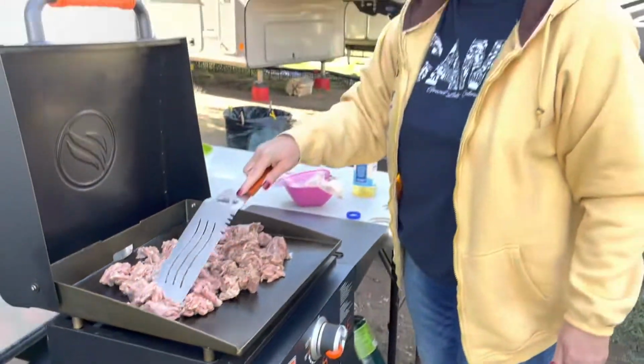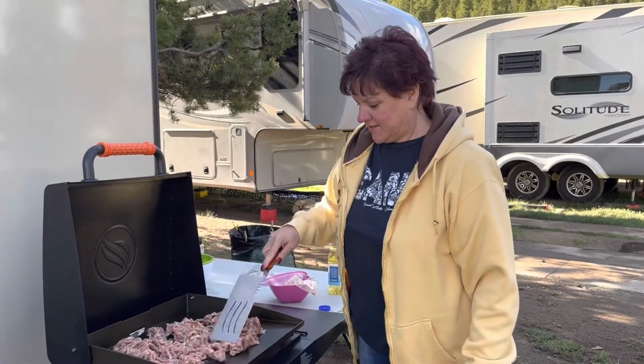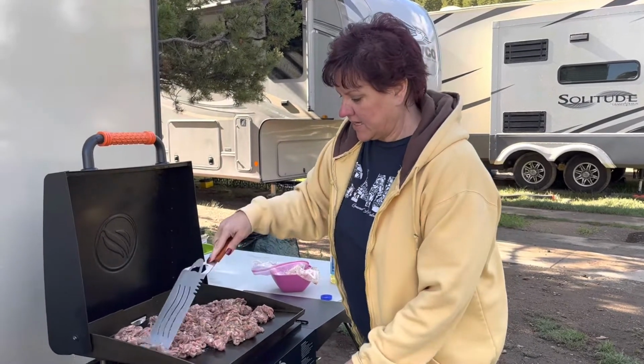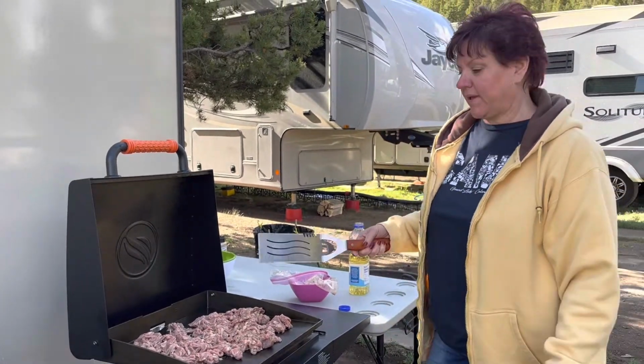If you don't have one of these griddles, I recommend it. We have been cooking like crazy on ours. Okay, so I'm going to leave this to Anton, and he can finish it up, and then we're going to